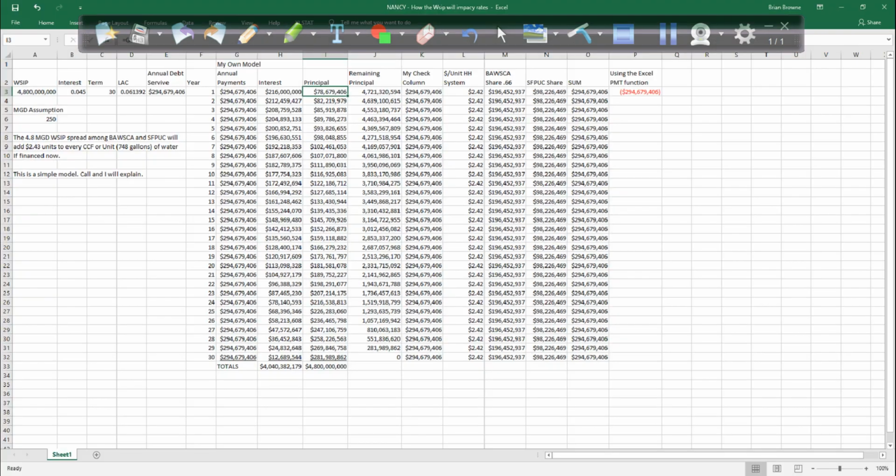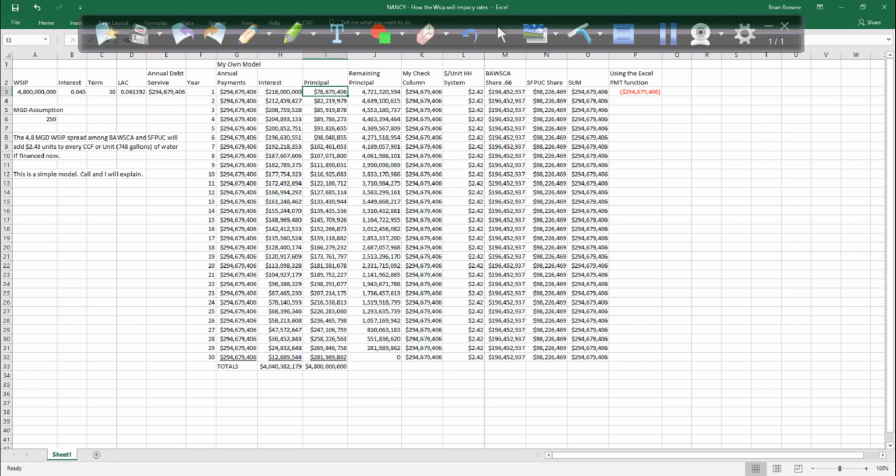I'll bring it up. Here it is. I made it somewhat interactive. You can put in here the amount of the WESIP that you think it is, the interest rate. That there is 4.5%, 0.045. The term is 30 years, and